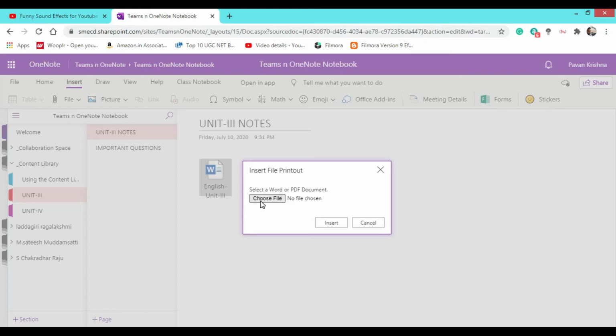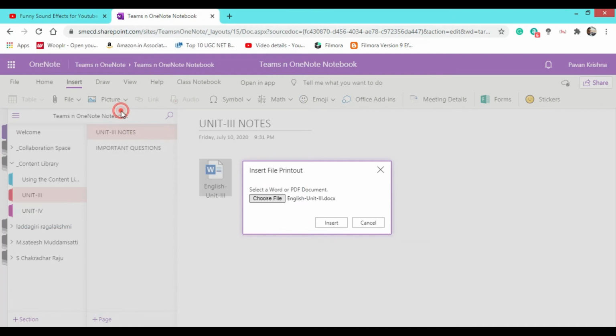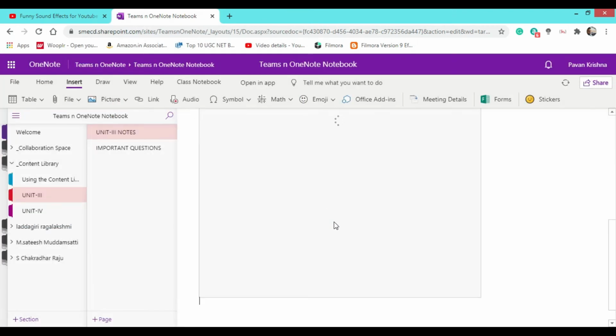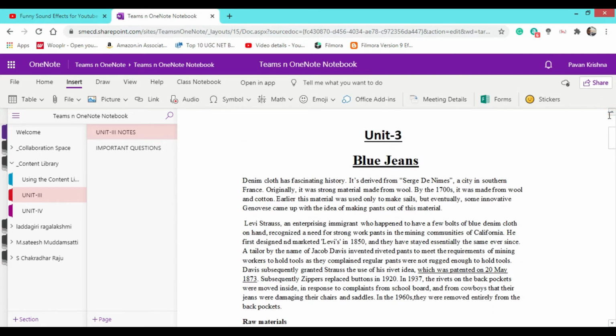Once I click on it, it will ask me to select the file. I'll select the file which I wanted to insert and click on insert. Now check. Okay, the notes whichever I included came in here as the printout.